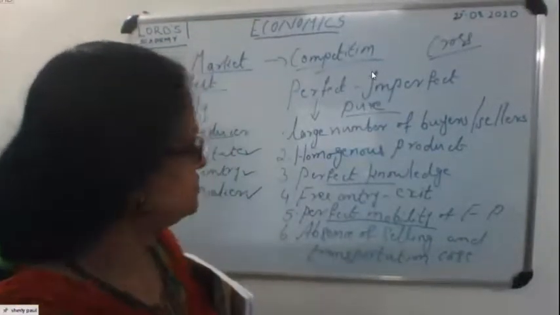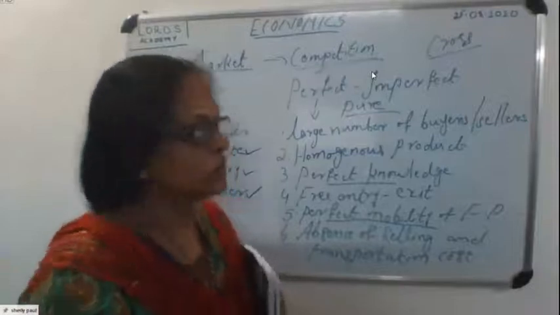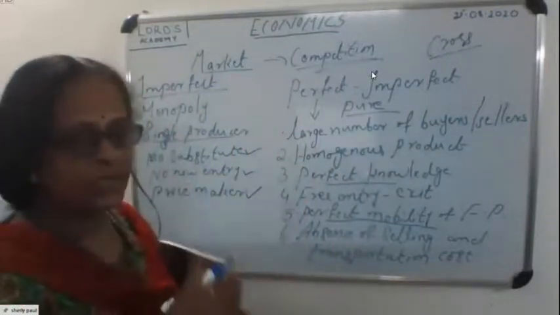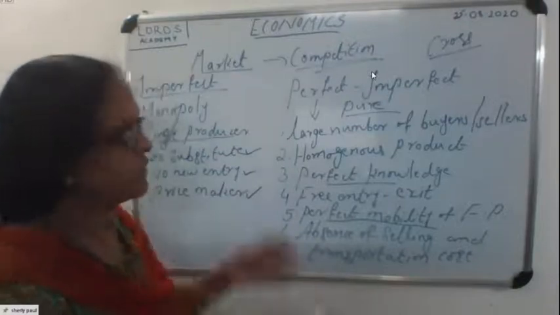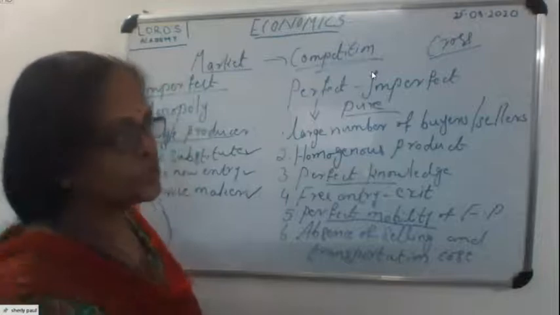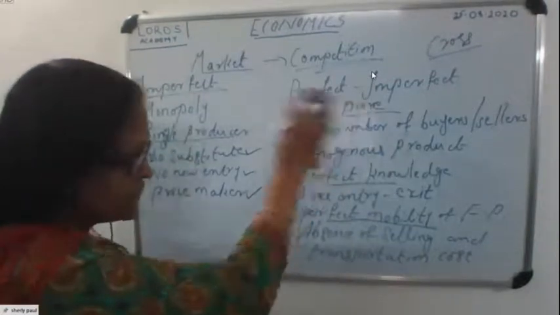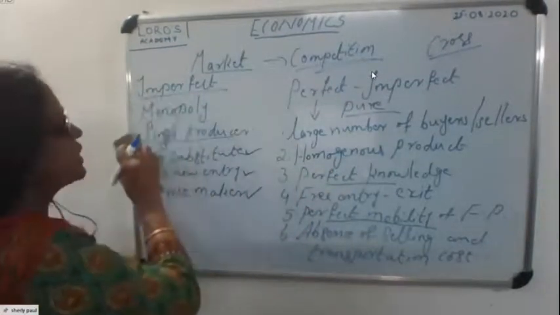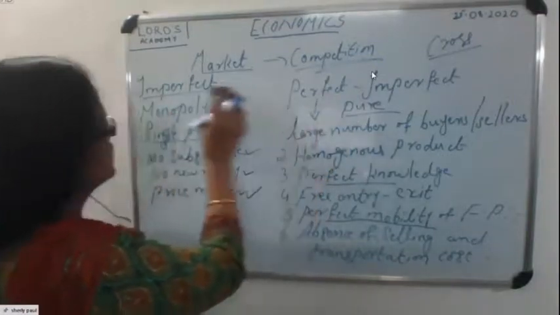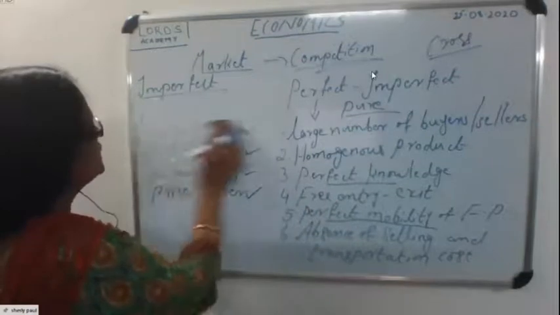Okay, I can't waste the time. Just listen carefully, others also. Now, he studied about perfect competition and monopoly, and the difference between these two: what is monopoly, what is perfect competition. Now we are coming to another, imperfect competition. That is a combination of these two, monopoly and perfect competition. That is monopolistic competition.